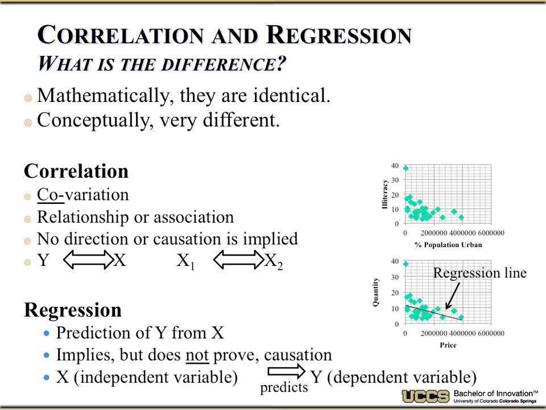I wouldn't even say regression implies causality. The only way to imply causality is to have designed an experiment where this variable is truly an independent variable. If I can control it, if this is a knob that I can control and show that when I move this knob independently, this responds, then I'm implying causality.